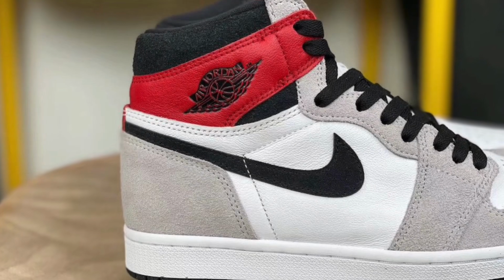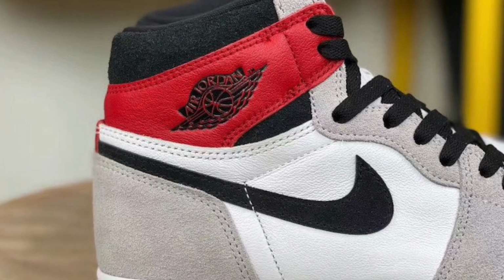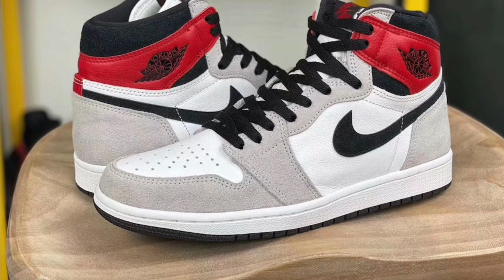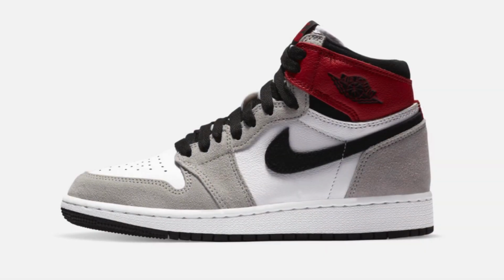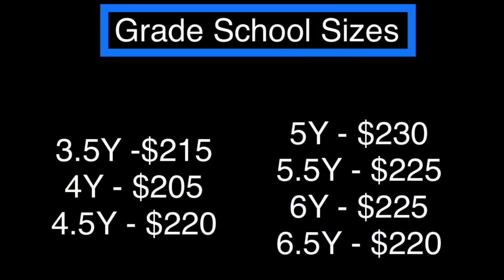I wouldn't be surprised if immediately following the drop, prices jump extremely high for a couple of days. Then they start settling down once pairs arrive in hand and the initial hype and craze has settled down a bit. I would definitely recommend holding these for at least 6 months, as prices will continuously rise over time after people who want to cash out fast get rid of their pairs. At its peak, I could definitely see these hitting well over $400, and with the colorway being so clean, even higher. Now, grade school sizes will also do really well, averaging around $200 to $230,